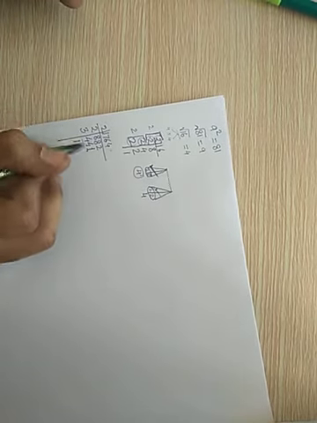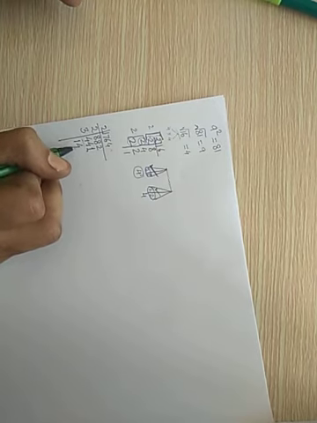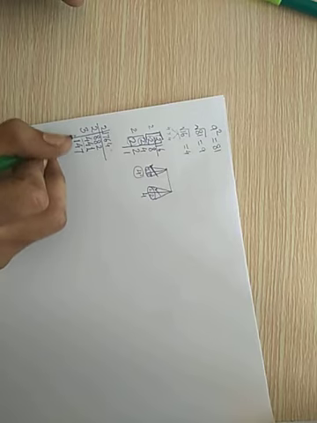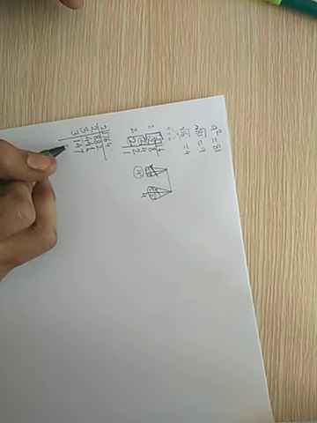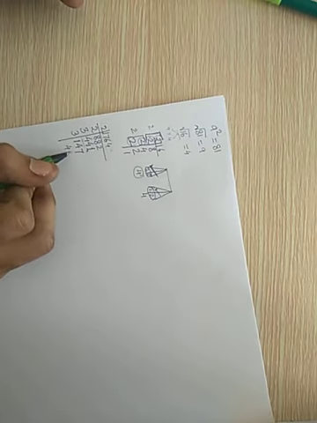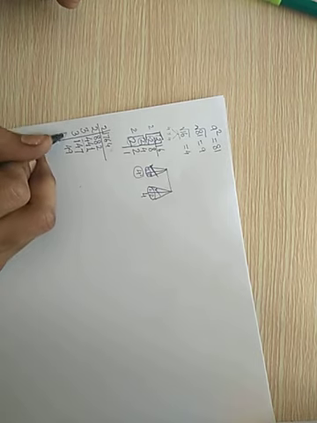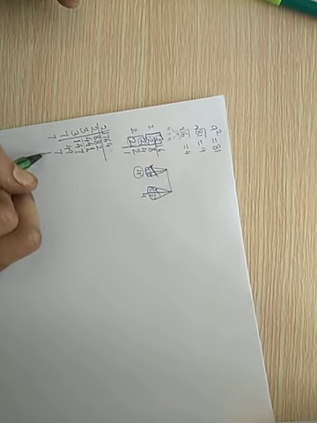So 3 1s are 3, 1 is the remainder, 3 4s are 12 and 2 is the remainder, 21, 3 7s are 21. Again it is divisible by 3. 3 4s are 12, 2 is the remainder, 3 9s are 27. Now it is not divisible by 3, it is not divisible by 5 also, but it's divisible by 7. So 7 7s are 49 and 7 1s are 7.